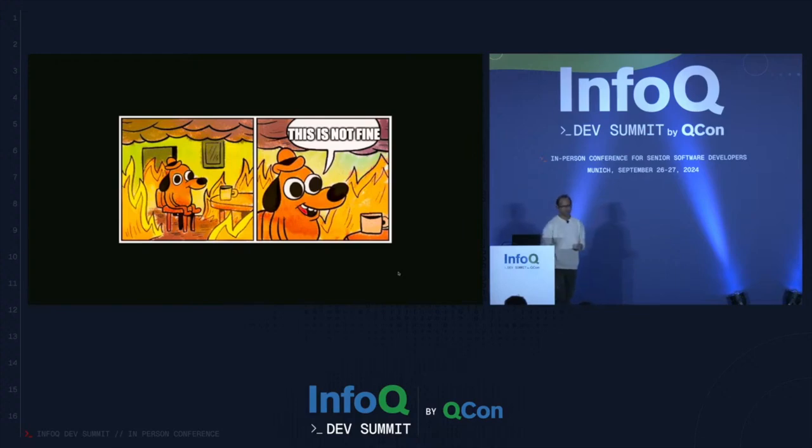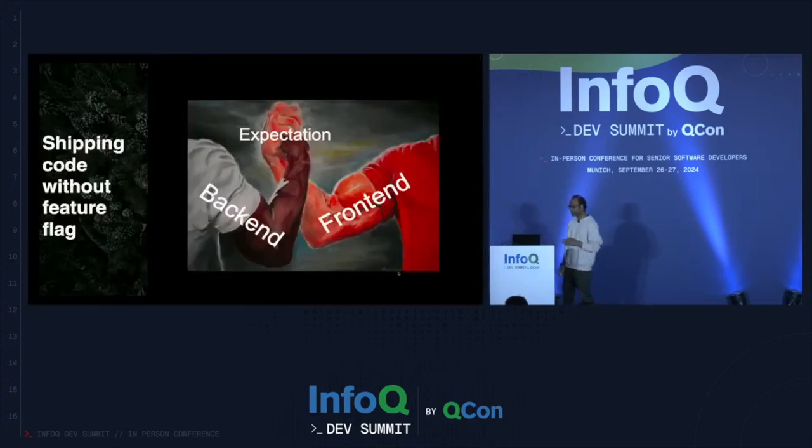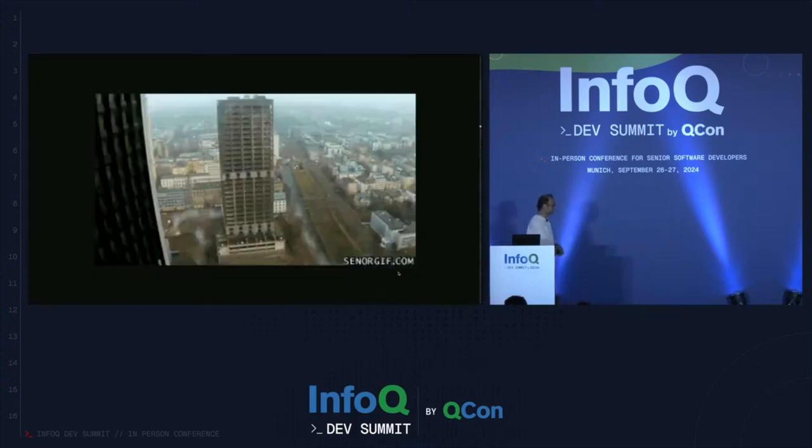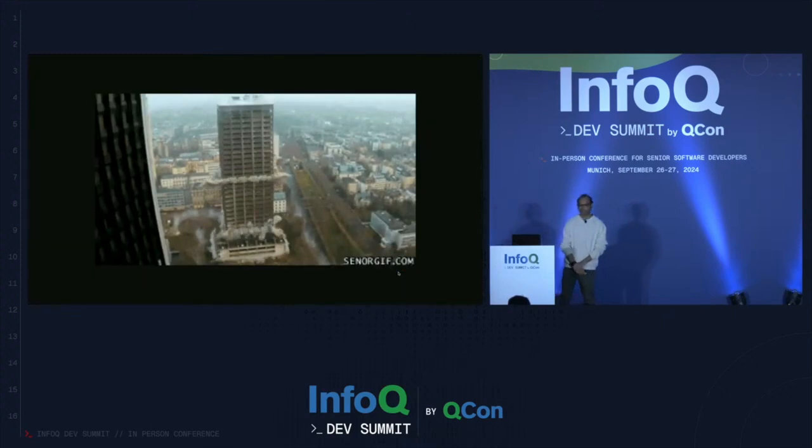Of course, we had a lot of fires. And then we decided we would have our own feature flag framework for front-end applications. And this is what we used to think before we had a feature flag. We used to think, okay, back-end, front-end, we will merge it, and then everything goes fine. We'll do the release, and everyone is happy. But this is not the reality, right? This looks good on paper, but in reality, this is what happens once you merge your code. Everything just,